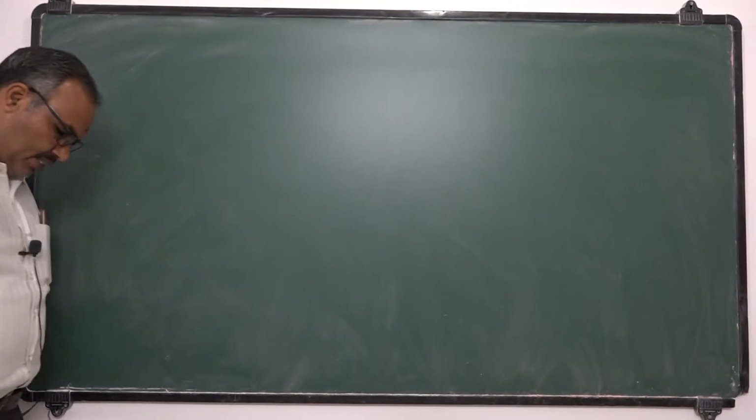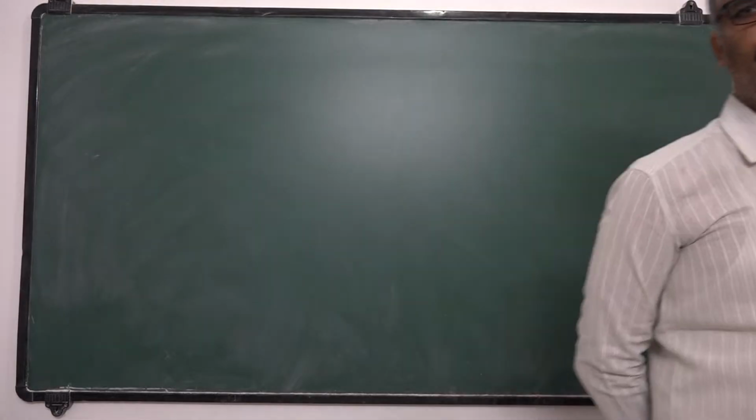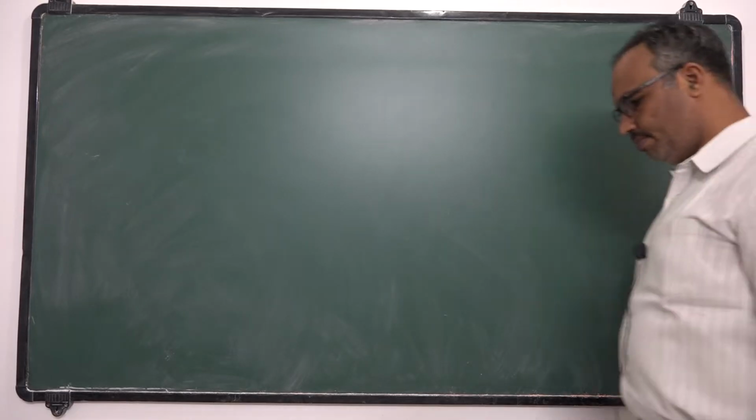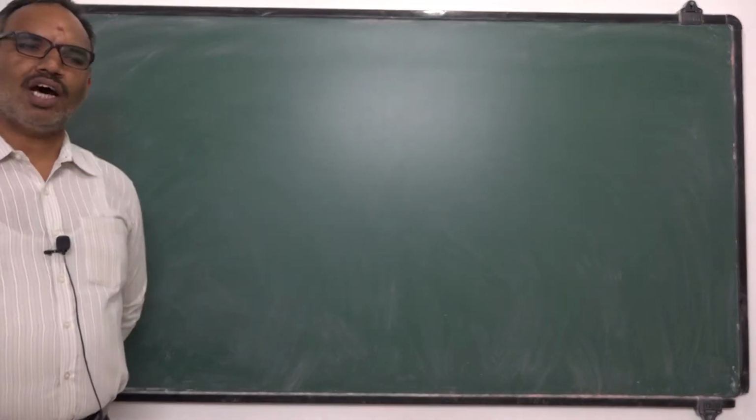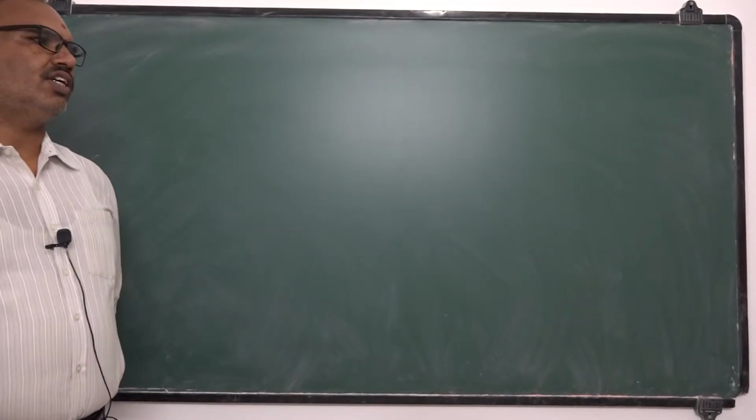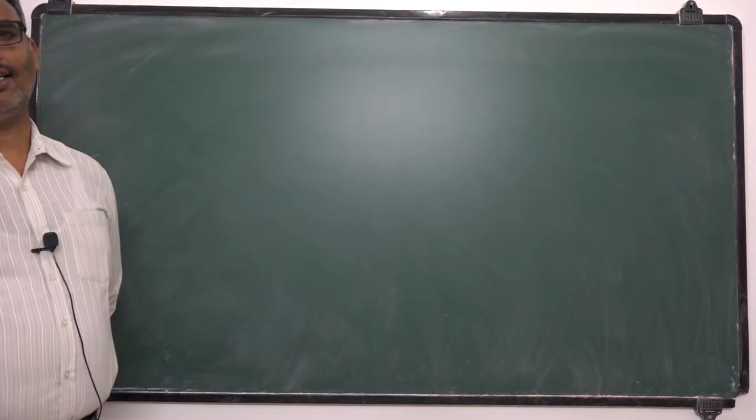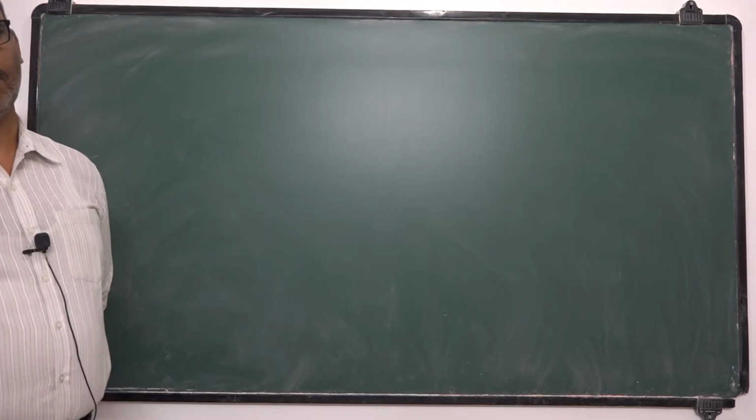Very good morning, students. We already discussed CR circuits in the earlier chapter at the end of current electricity. CR circuits means a circuit consisting of a capacitor as well as a resistor. In that circuit, while current is growing and while current is decaying, not exactly current, the charge, because a capacitor is a device used to store charge. While the charge is increasing, while the charge is decreasing, what is the nature of the circuit, what is the purpose of that CR circuit, and how it is useful to us, all these things we discussed.